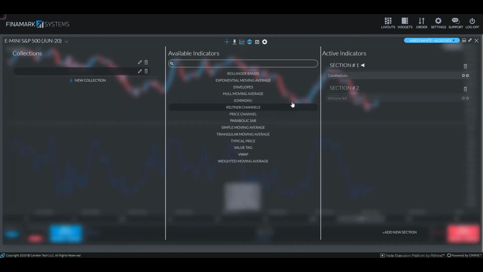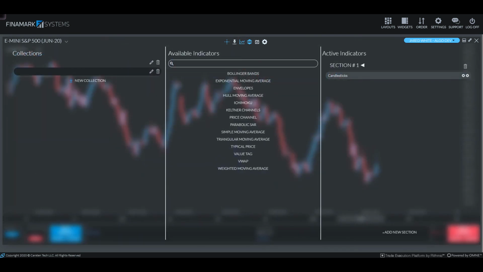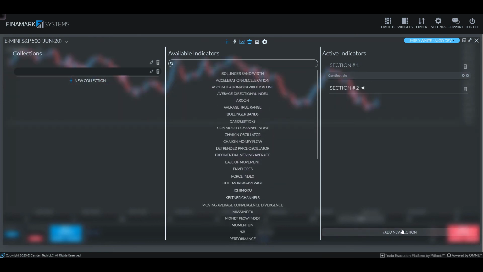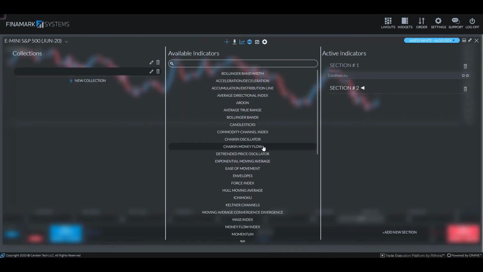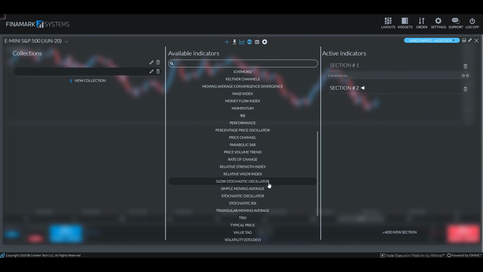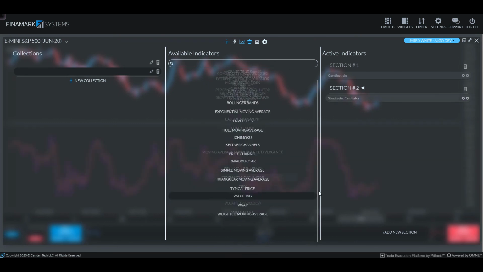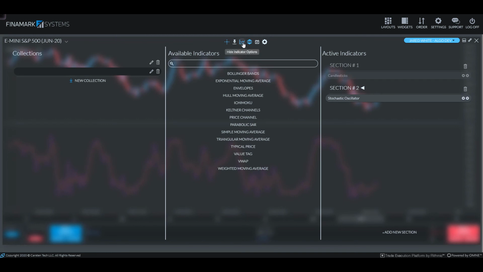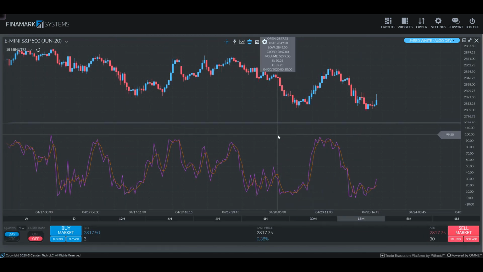The next one on the chopping block was going to be our stochastic oscillator, probably one of my favorites for the leading indicator category, and that's obviously going to be in the same category down here, second section, stochastic oscillator right there on the center screen. I'm going to click that, and here we have a stochastic oscillator where we see a couple lines crossing back and forth over themselves, once again fluctuating, just like the Williams percent range, but this time with the positive numbers.